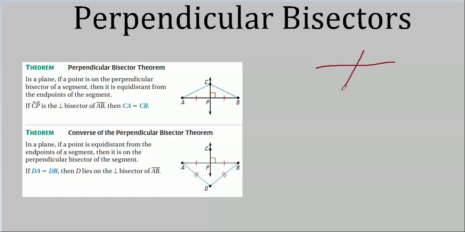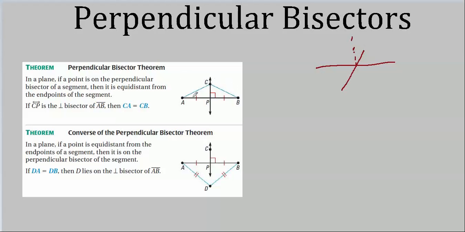Now we can go like that. That bisects it, but it's not a perpendicular bisector, is it? It's a very special type of bisector called a perpendicular bisector, which has some special properties. For instance, when the distance from here to here and here to here